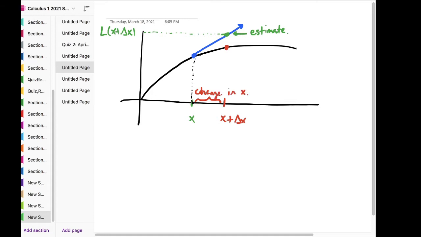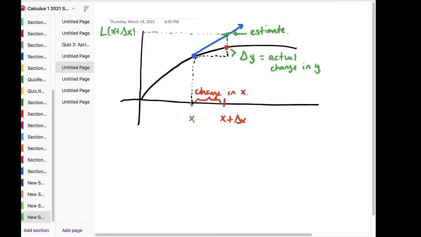And there's two corresponding changes in y values. So we called delta y, the actual change in y. And what we call dy,